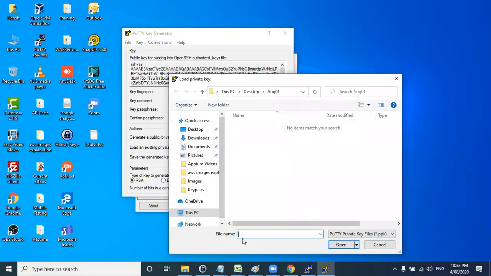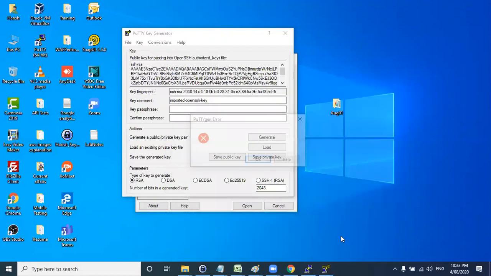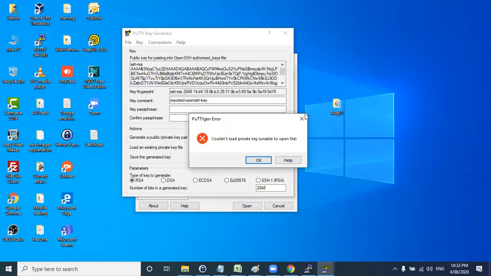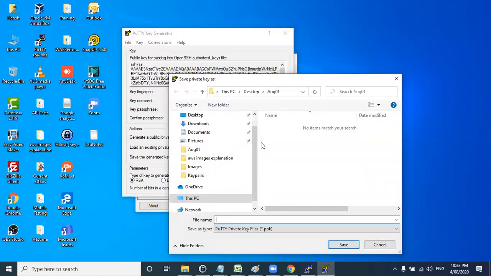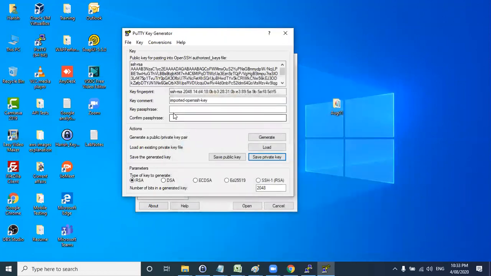It will ask you to save the file name. Just give it as August 1st PPK file. I'll give the key name so it can save automatically. Save the private key here. If you want, you can give a password for this one, but I'm not giving any password.